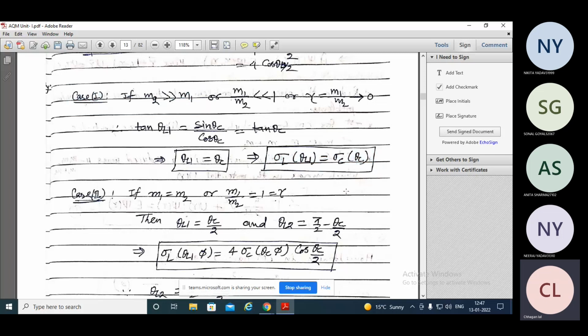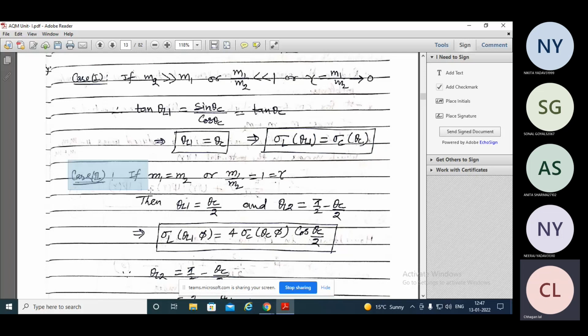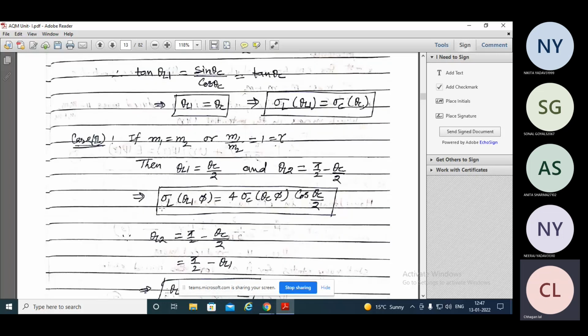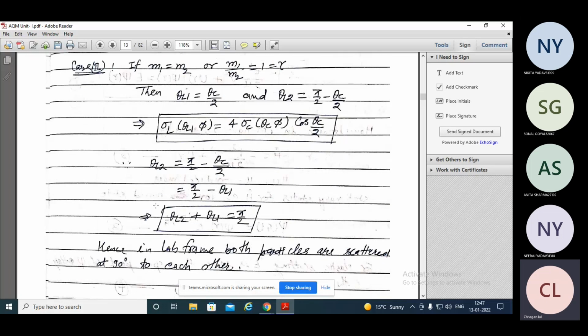तो ये हमारे पास ये टर्म है, इस टर्म को हम लिख सकते हैं। नाउ लेट्स सेट if m1 equal to m2, or we can say m1 divided by m2 equal to 1. Now we can represent theta L1 equal to theta C by 2 and theta L2 equal to pi by 2 minus theta C by 2। ये ऑलरेडी हमने कैलकुलेट कर चुके हैं पीछे से। तो ये हमने जो फैक्टर निकाला है वही फैक्टर ये 4 से मल्टीप्लाई हो जाएगा और एक और थीटा C बाई टू रहेगा, या फिर थीटा L1। और यहाँ से आप कैलकुलेशन कर सकते हैं, जो मैंने पहले बताया था सेम वही कैलकुलेशन। थीटा C बाई टू है उसको हम थीटा L1 रख सकते हैं। फाइनली वी कैन सी